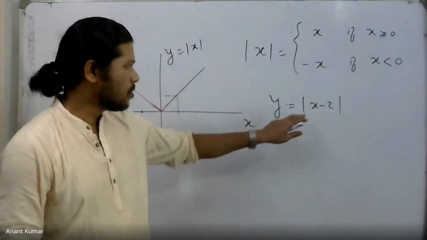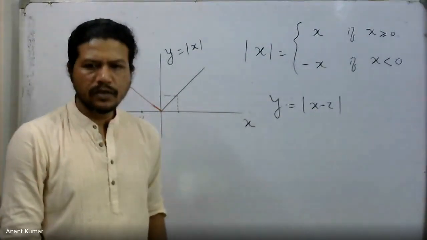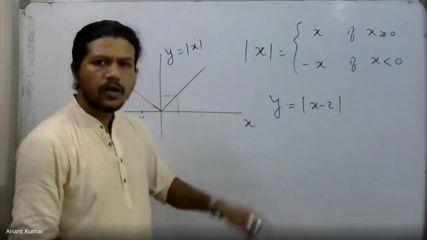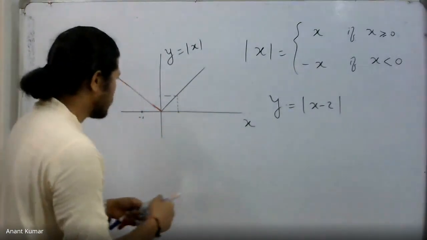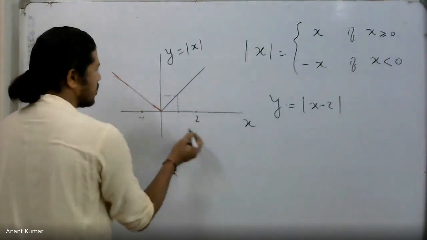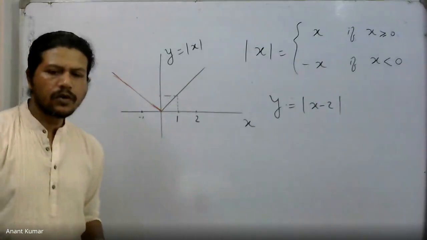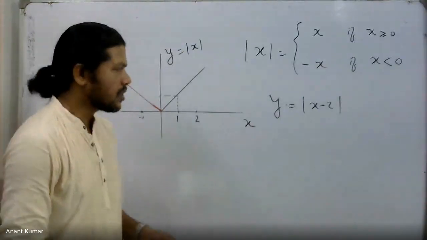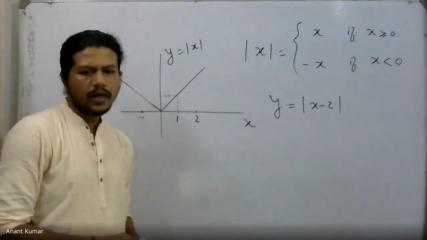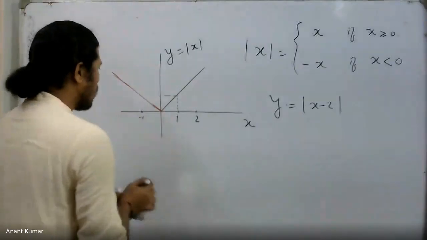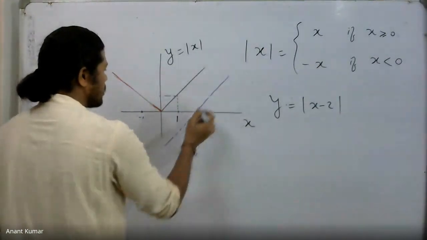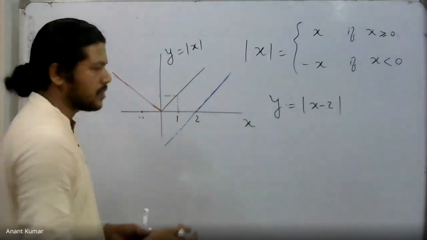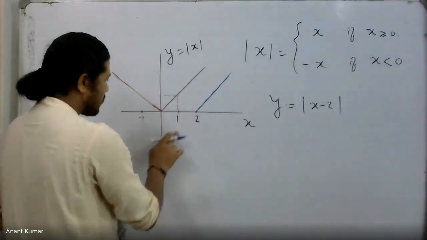For x more than or equal to 2, we get x minus 2 as a positive number. Therefore, the mod of x minus 2 remains x minus 2, and it becomes y equal to x minus 2 on the right of x equal to 2. So x equal to 2 lies somewhere over there. 1 is there, 2 is there. On the right of x equal to 2, this graph coincides with the equation y equal to x minus 2, which is a straight line having a slope of 1 and intercept of minus 2. So it should have gone something like this, but I require only that part which is on the right of 2, because the left part is a different definition. I just take the right part, so I remove the left part over there.